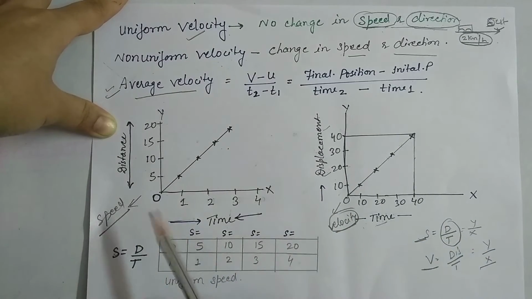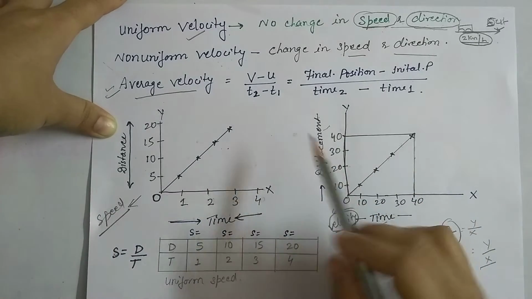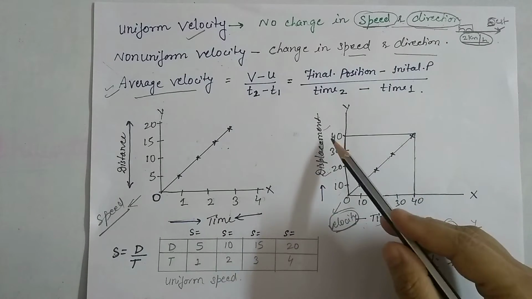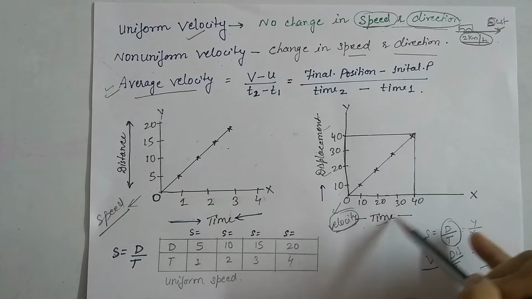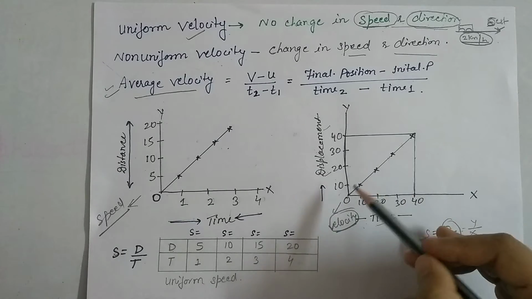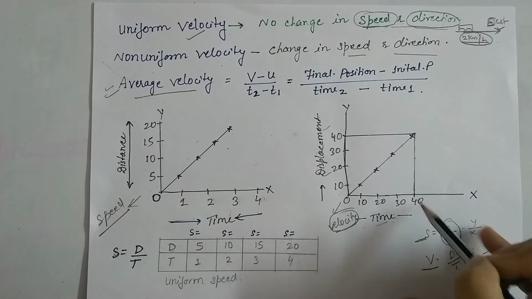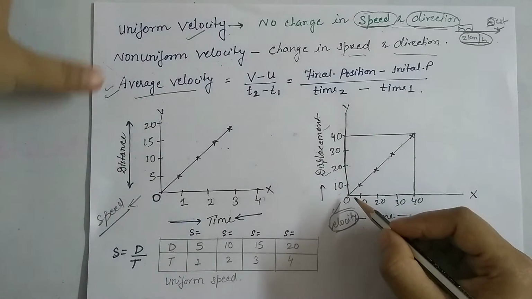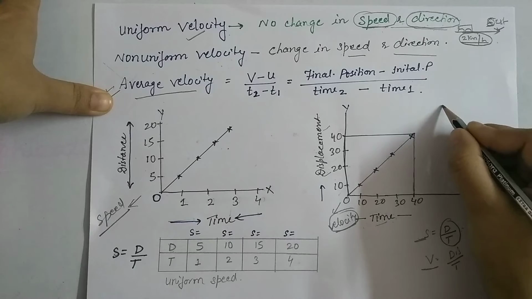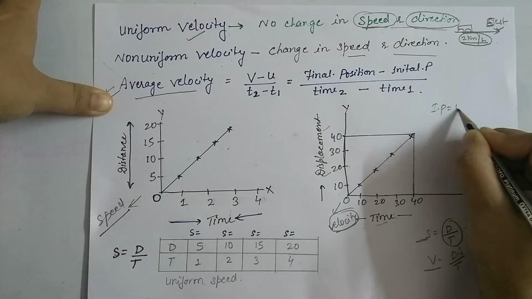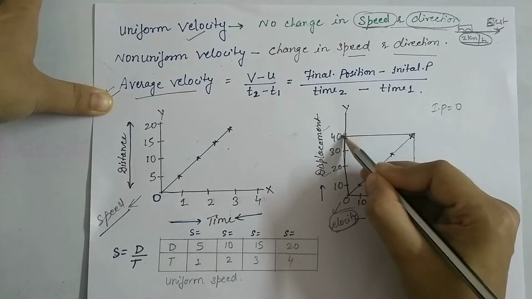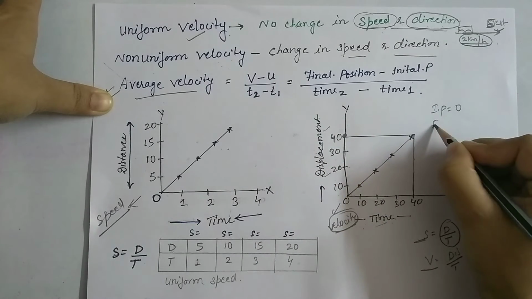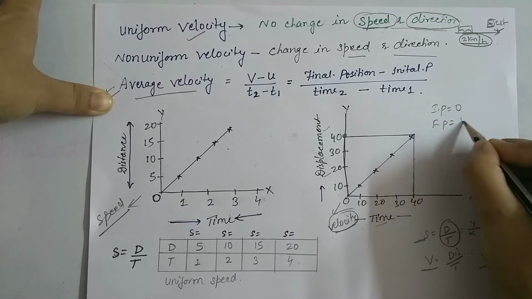Okay, so let's see how to calculate the average velocity. Displacement and time are important for finding the velocity. So we will put the particular graph, with time here and displacement given. You will find here that there is an initial point, that is 0, and the final position the object traveled to is 40.